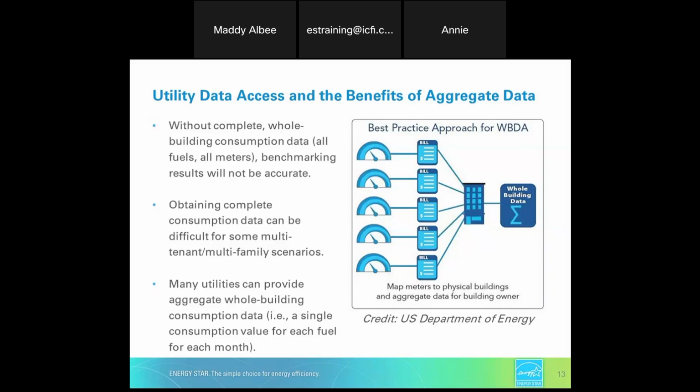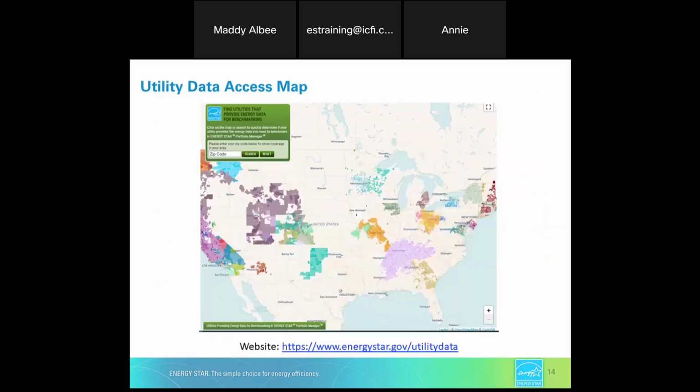And that leads us to our data access map. As you can see from this page, you can use the utility data access map to identify whether your local utility may be able to provide that data for benchmarking in Portfolio Manager. So all you'd need to do is type your zip code in and search, and this will give you some more information on the specifics of your utility's offering. In some cases, the utility can upload your data directly into PM, and in other cases, they'll send you a